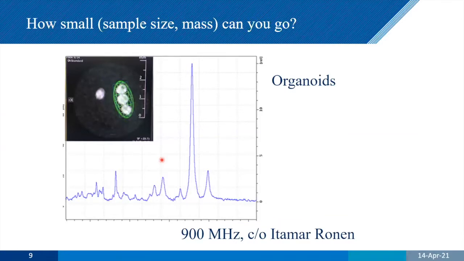So this is with my colleague here, it's Ronan, and you can look at organoids. So organoids, this is the organ on a chip. This is trying to get away from animal experiments. This is really sort of cutting edge research that's going on in a lot of tissue culture places at the moment. And again, what we can do then is to image these, and these are typically much less than a millimeter in size. But more importantly, we can start to get biochemical information. And again, here we are going up to 900 megahertz, and we should be soon going up to 1.2 gigahertz when that machine arrives in the Netherlands.